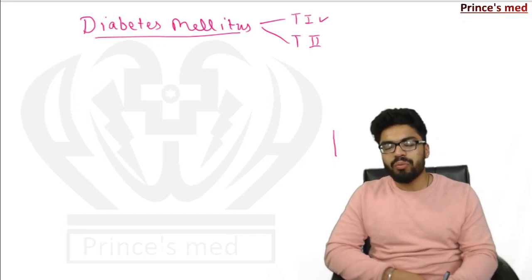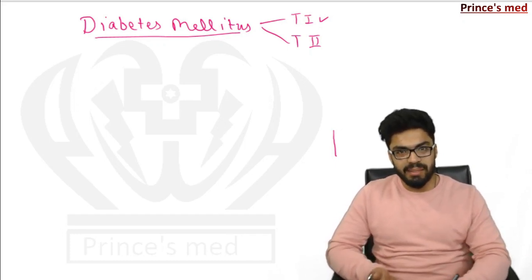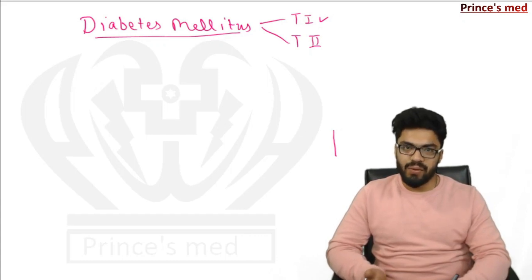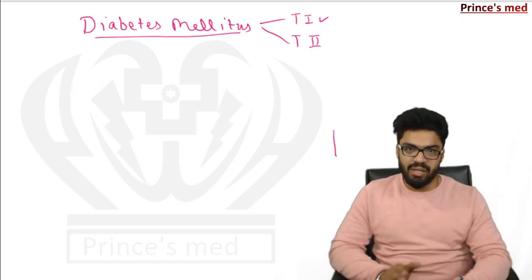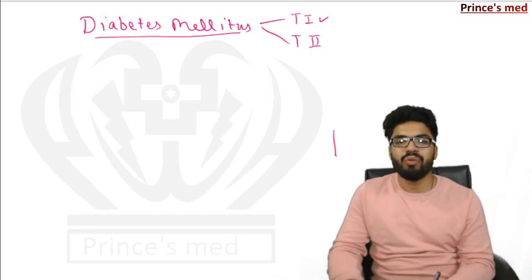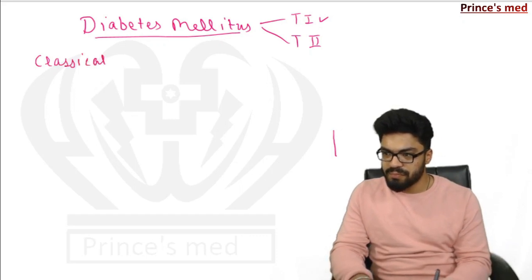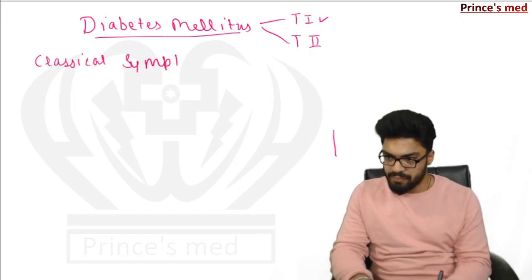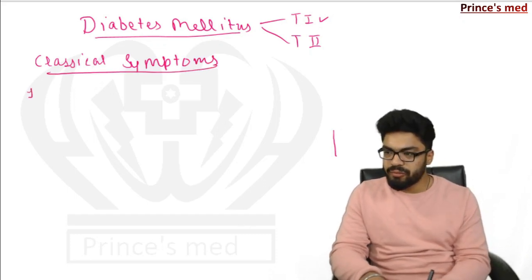Okay, now we will see the causes and classical symptoms, treatment, diagnosis, everything. And in the management of complications, we will study all the types in brief. Okay, so first of all we have classical symptoms. Classical symptoms are, first we have polydipsia,